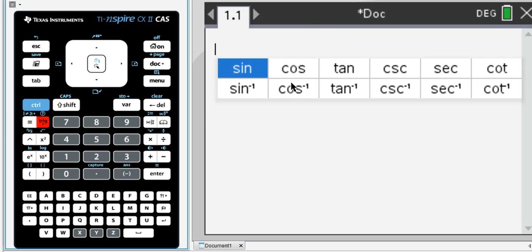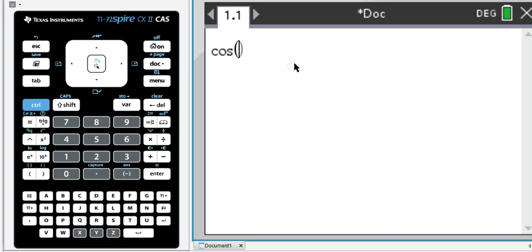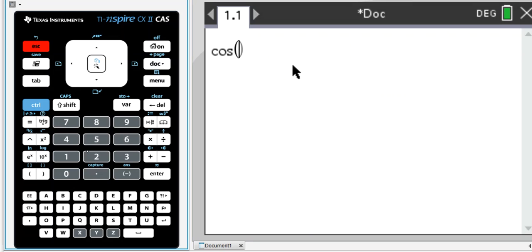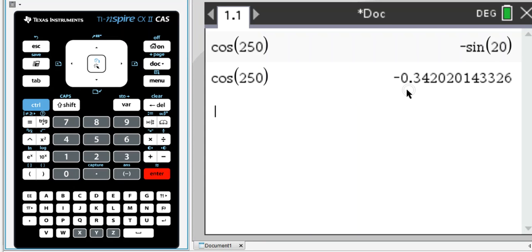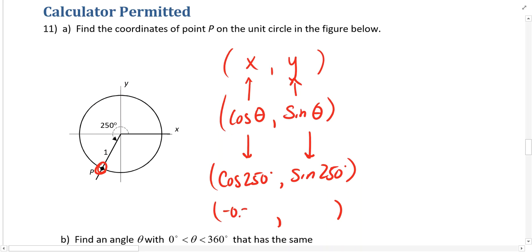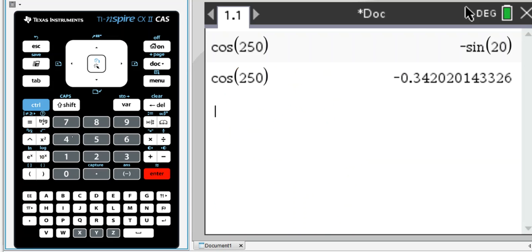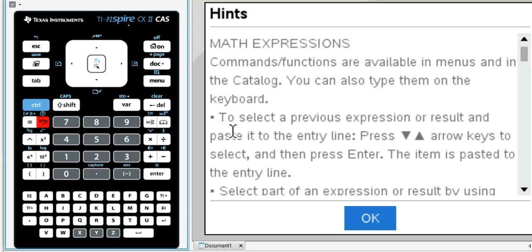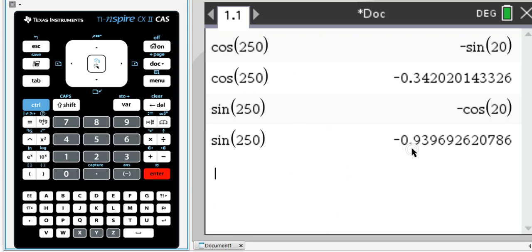We'll start with cosine. Cosine of 250 degrees is, let's press Control Enter for an exact result, negative 0.3420. That's good, that's to be expected. And that seems reasonable. The x coordinate in this position appears to be 0.3 units to the left of the origin. When we compute sine, we also get a negative result,